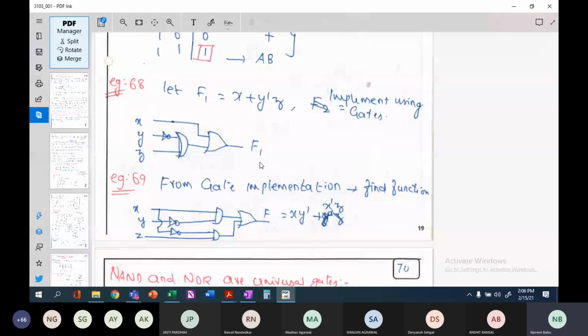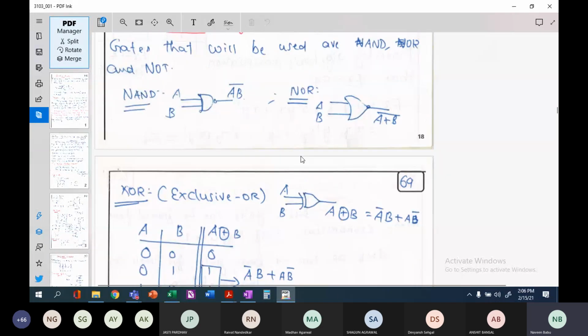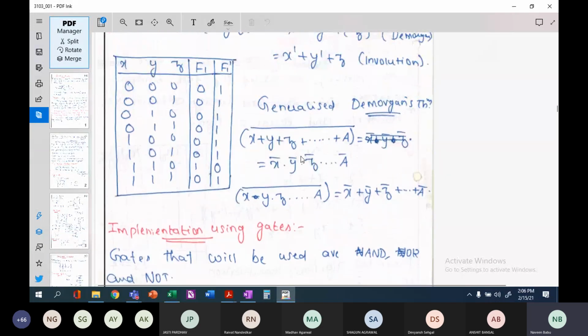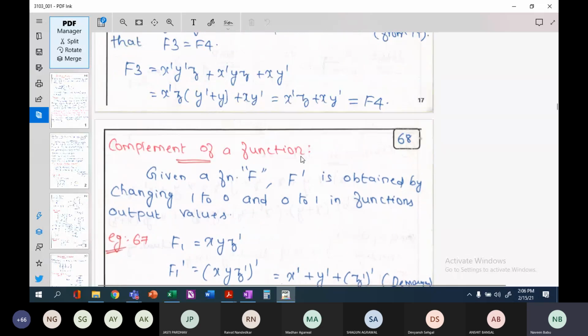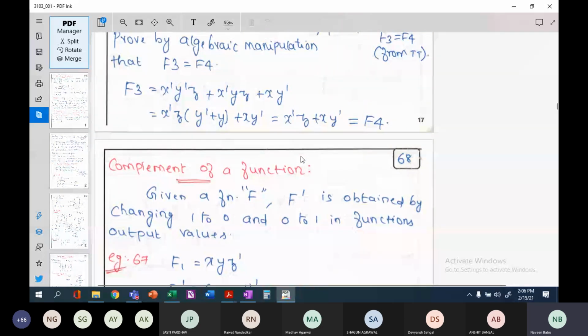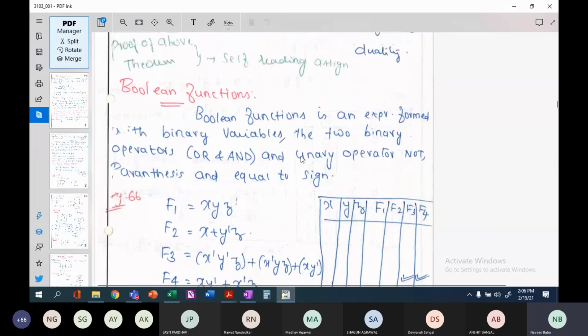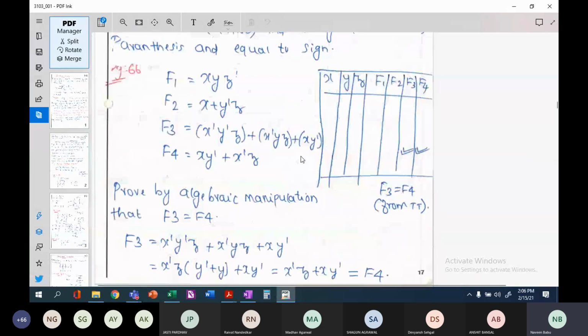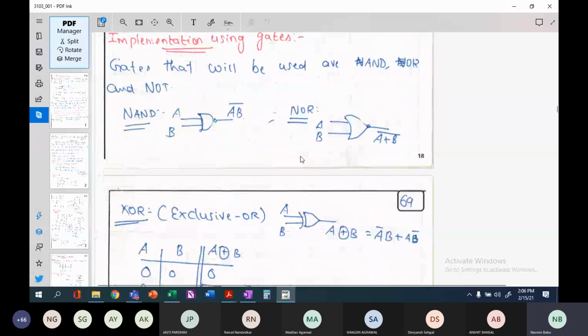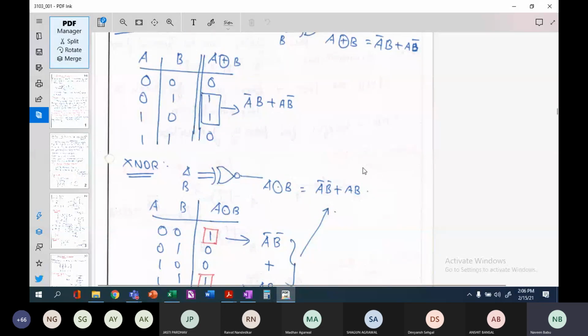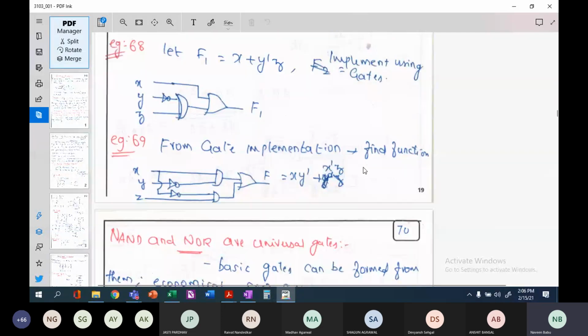So in the last class, we saw the functions and then their implementation using gates, AOI gates. Right? We saw different theorems also, Boolean theorems. Today we will see how NAND and NOR gates are used as universal